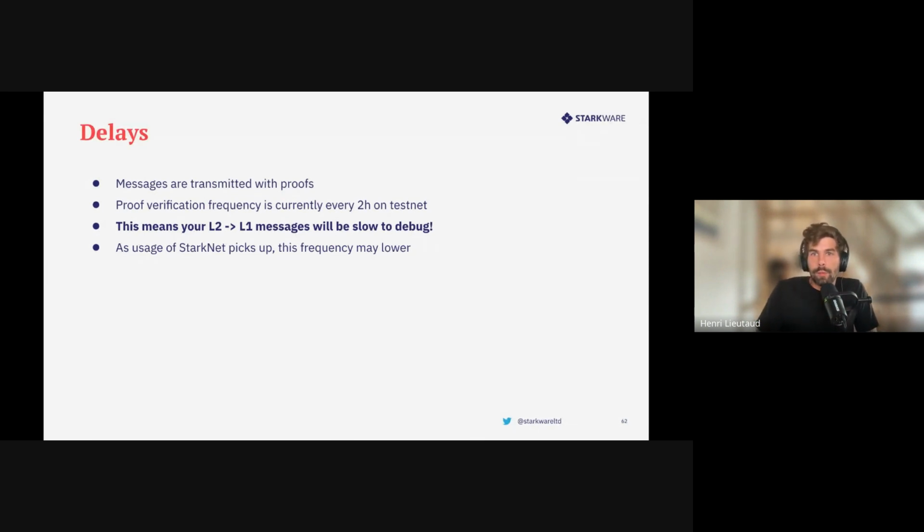So BB is asking, is it possible to automatically consume the message on L2 and trigger another operational function? So the message is consumed on L1. Is it possible to automatically consume it? Yes, you can have keeper networks like Gelato, for example, that will make sure your message is consumed. You can build the required network of people that will trigger this thing on L1. It doesn't need to be permissioned.